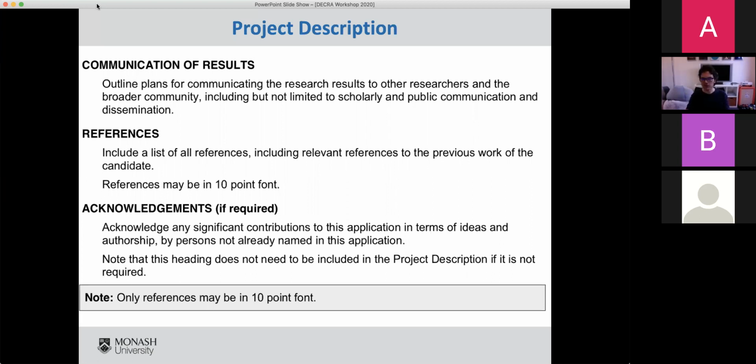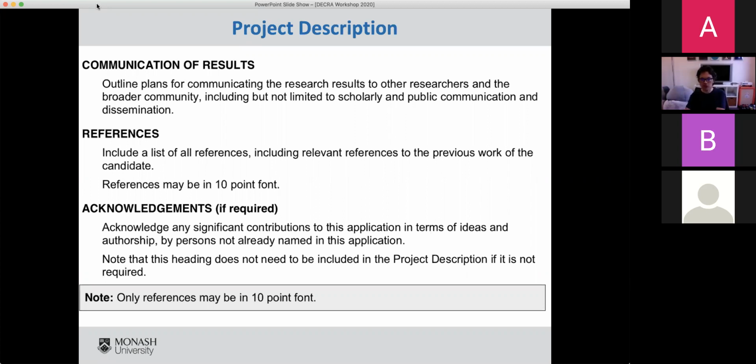Your references are the only things that are allowed to be in 10-point font. I would again try and include the titles if you can. I like including the titles because it allows the non-specialist to understand what the research I'm citing is about, at least in a broad sense. I also like the application not to be too dense. So if I've got space to devote a page to references, including titles, I find that helps me feel like it's not just a big wall of text that's going to be too hard for them to digest and remember.